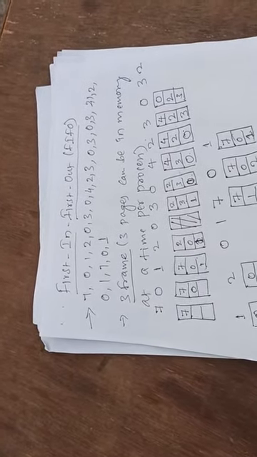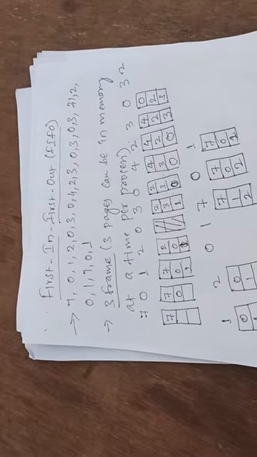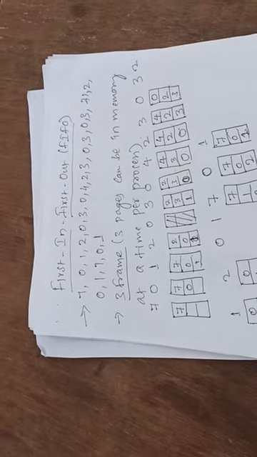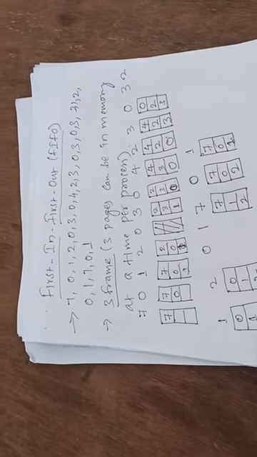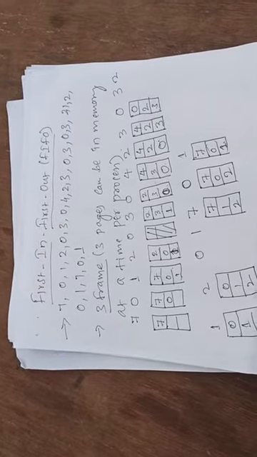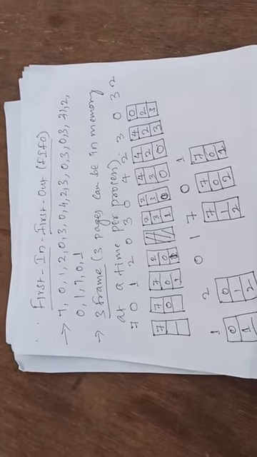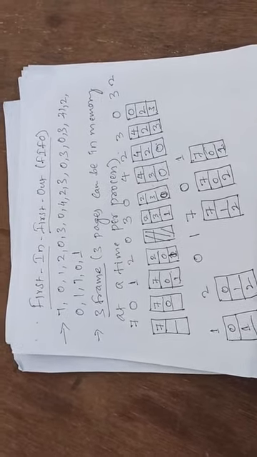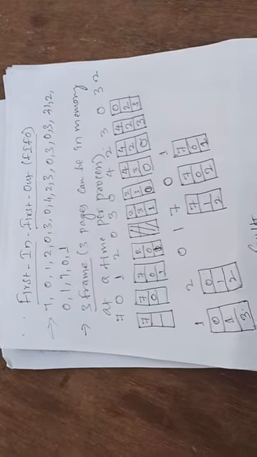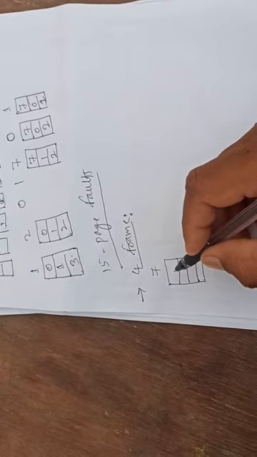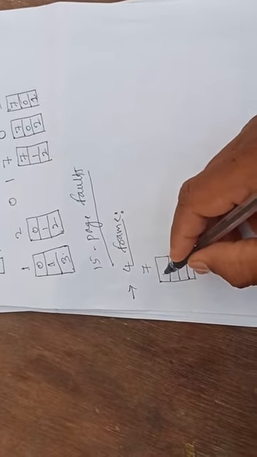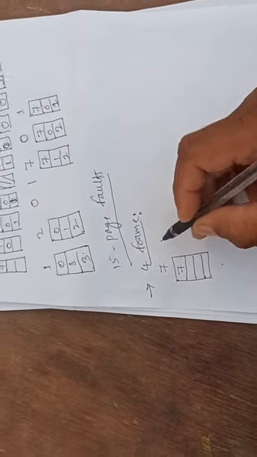So now we are going to implement the same reference string with 4 frames. That means 4 pages can be brought into memory at a time per process. Now we begin with the first reference page of the reference string, that is 7. There is a free frame, so there is no requirement of page replacement. Simply bring that page into the memory.